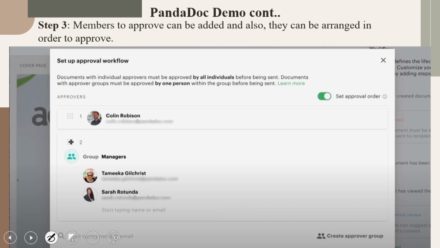So basically you tend to finish off a function where you can assign people, approvers, group managers, whoever is supposedly a person to be approving the particular document. They can be given based upon the approval order that you can set. So a lot of such flexibility, lot of such ease of doing things have been embedded into this particular platform.